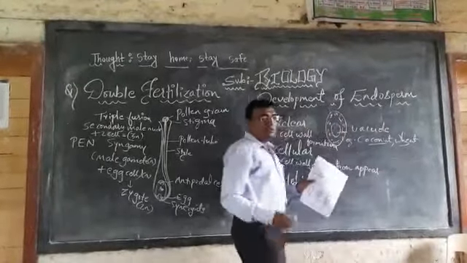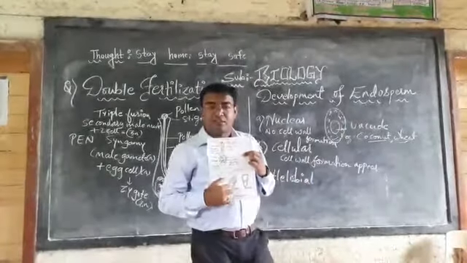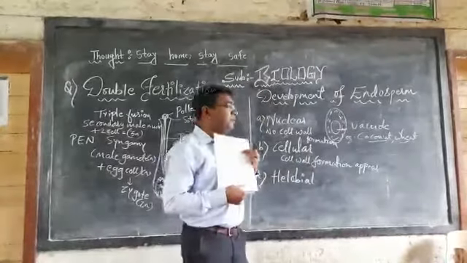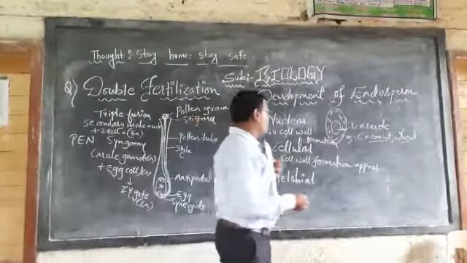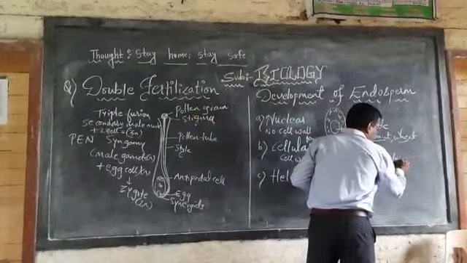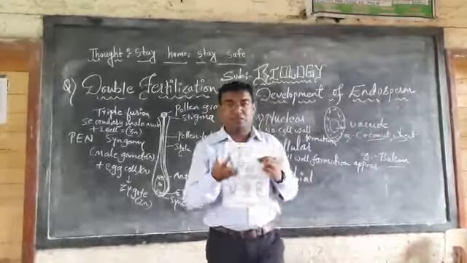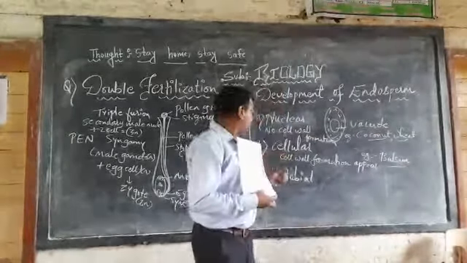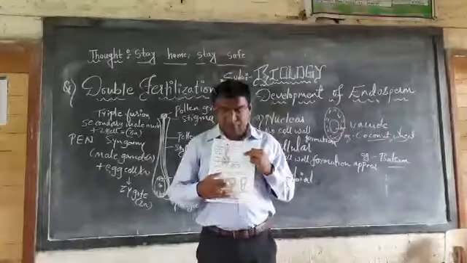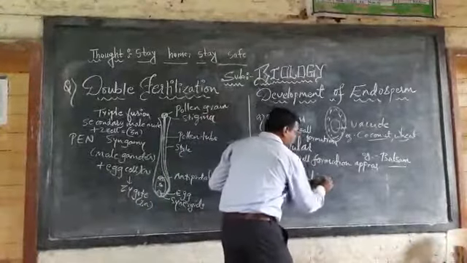And there is continuous mitotic division to form such kind of tissue. We call such tissues cellular tissues. These are also found in species like Canada balsam. You should know the example. The example is Canada balsam. It is one of the important plants which is used for preserving specimens, like in slides. Next is the helobial type. In the helobial type, a transverse wall formation takes place. You can see here there is a transverse wall formation.